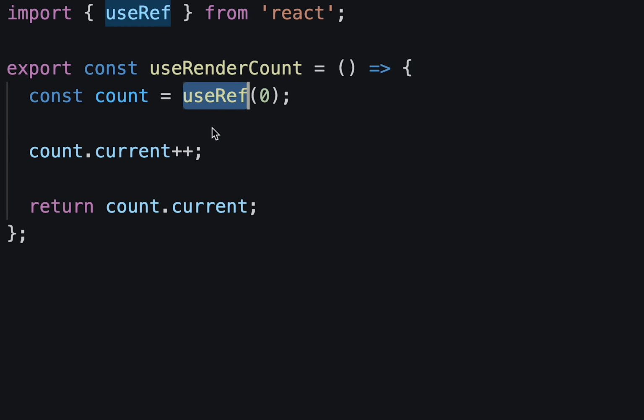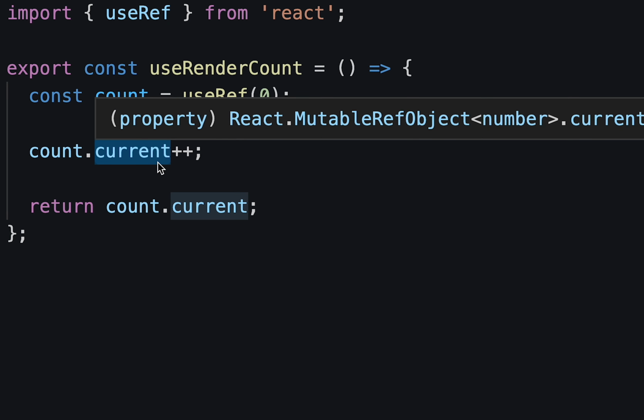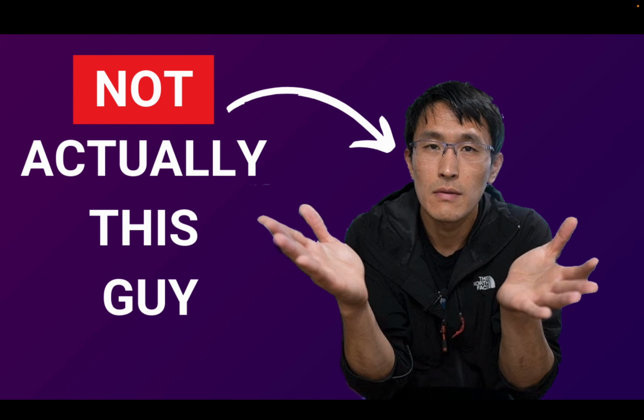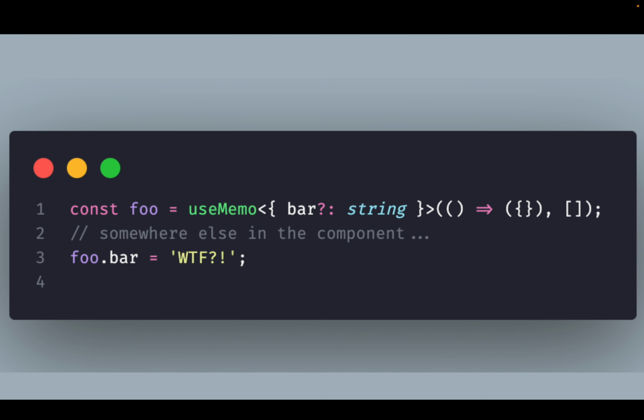But this way, when you use exactly the object that returned by useRef, you can mutate the property on that object as much as you like, because useRef will still have the link to that object originally returned by it. So if your tech lead somehow proposed you this bizarre syntaxes to have a mutable object because he doesn't like what useRef hook returning you, point them to the documentation or point them to this video and